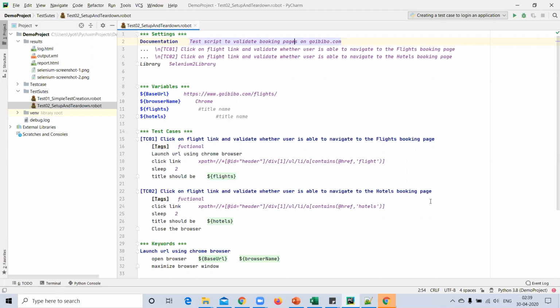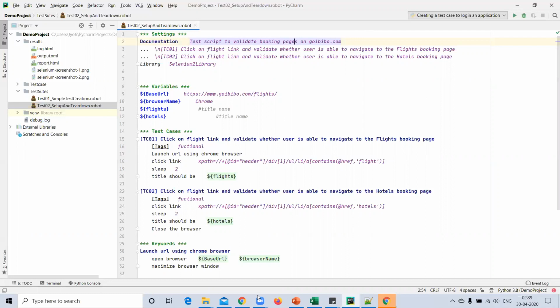Scenario number one, TC01, is click on flight link and validate whether the user is able to navigate to the flight booking page or not. And TC02, click on hotel link and validate whether the user is able to navigate to the hotel booking page or not. So here I have two scenarios.